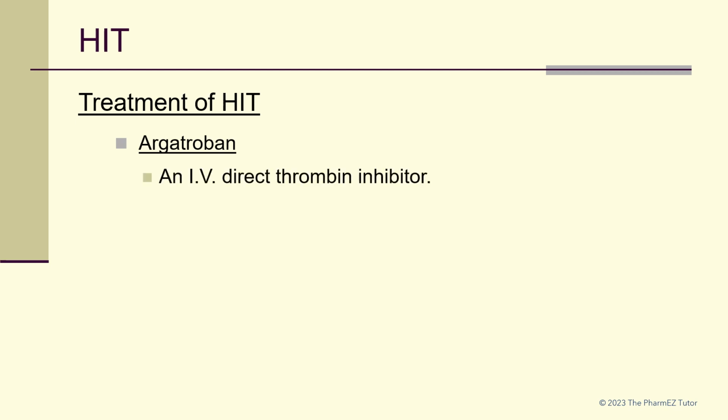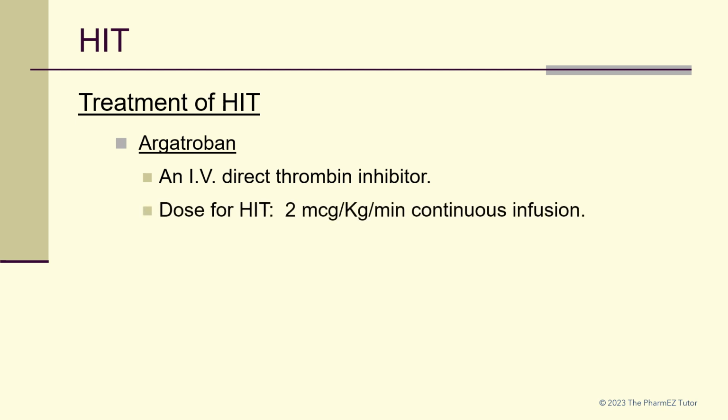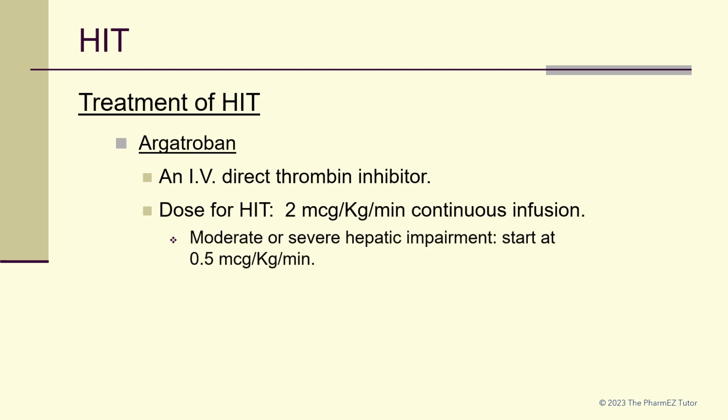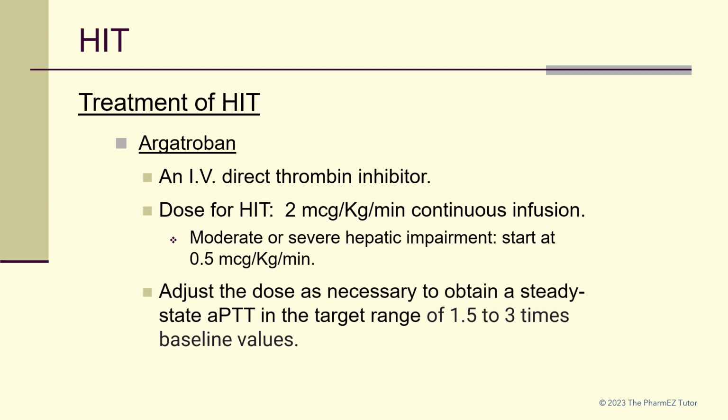Treatment of HIT. The primary drug that we use for HIT is argatroban. Argatroban is an IV direct thrombin inhibitor. The dose for HIT is 2 micrograms per kilogram per minute continuous infusion. For moderate or severe hepatic impairment, we need to start at a lower dose of 0.5 micrograms per kilogram per minute. Adjust the dose as necessary to obtain a steady-state aPTT in the target range of 1.5 to 3 times